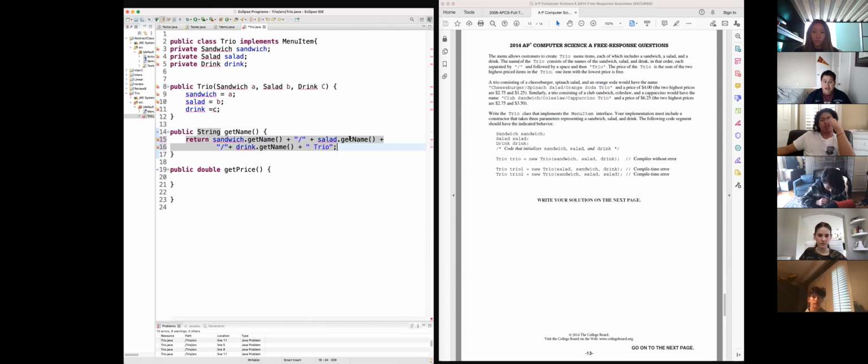Now, doubleGetPrice. What you're supposed to do is use the getPrice method of each one, add them all together, subtract the lowest one, and return that amount. In the last class, I heard some really good examples. I did this in one line of code. So what I did was this: return